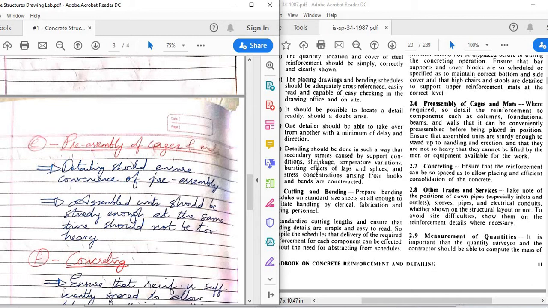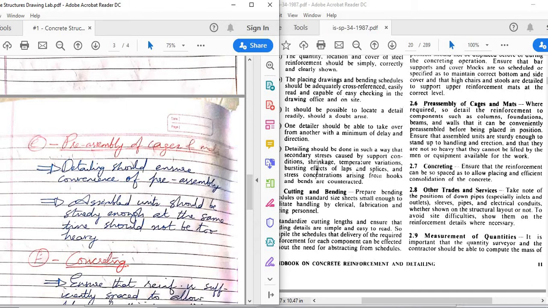Depending upon the pile diameter or the footing size, the appropriate bars are placed together, and if it is a pile, you have the stirrups tied to the main bar, and the cage is prepared outside the pit. That is known as the reinforcement cage, the complete assembly, and then it is lowered in place. The detailing should be such that it is convenient for such pre-assembly.